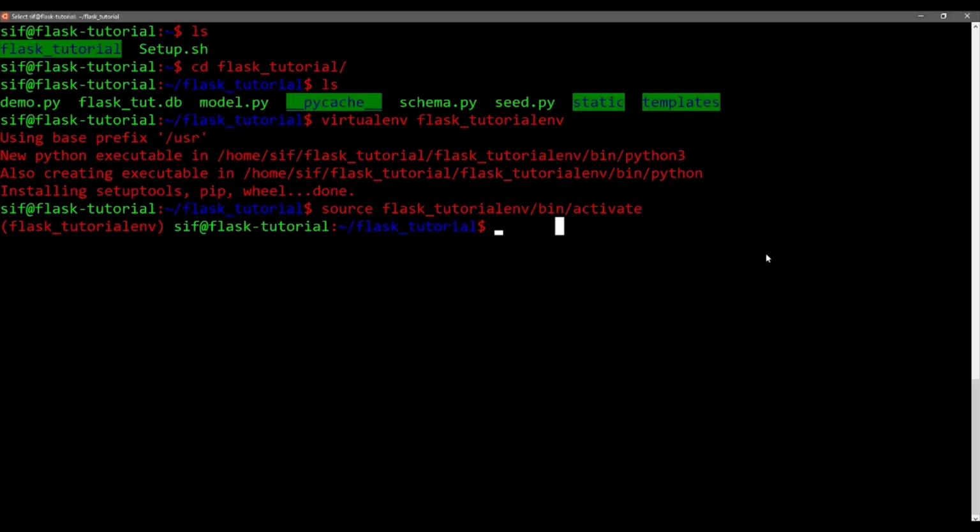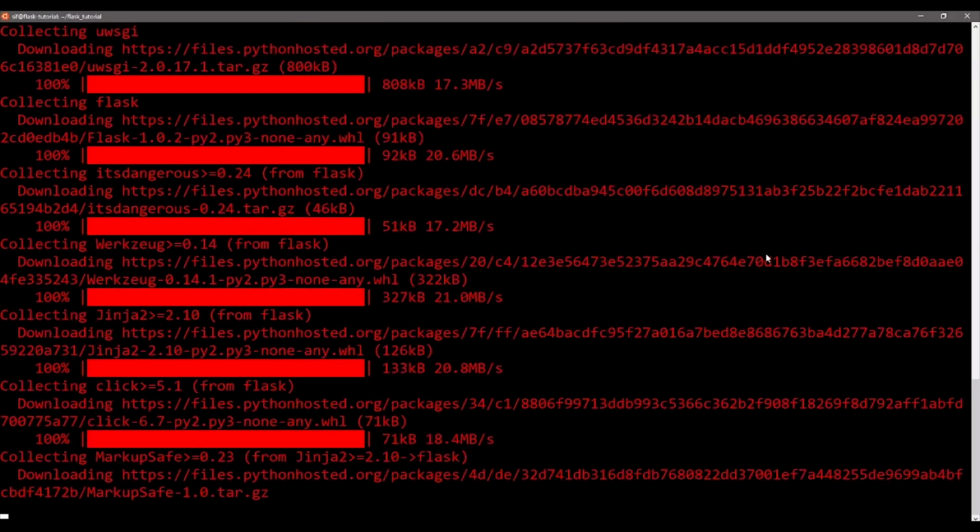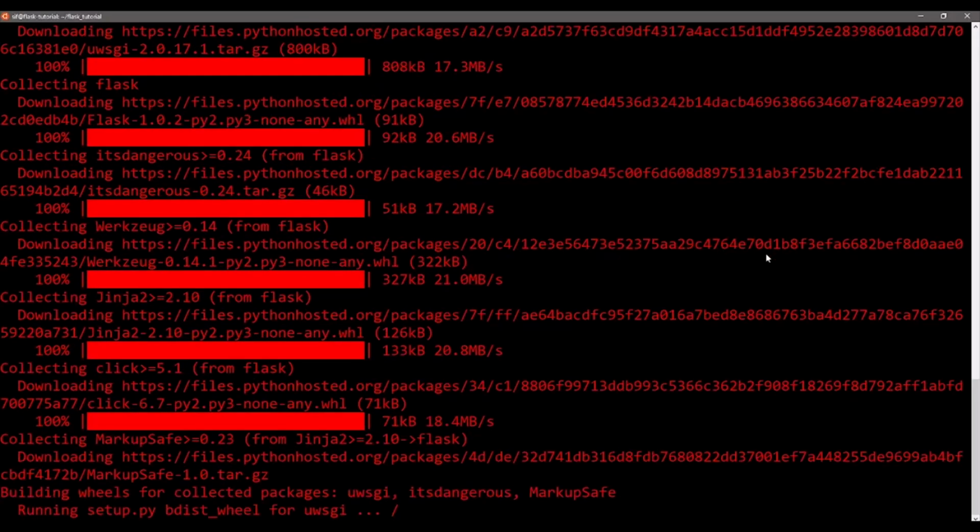So now we've been using pip3 the whole time, but in the virtual environment we're just going to use pip install whiskey and Flask. Let's give some time for it to run, and we should be able to get whiskey and Flask ready. So we are actually going to run the Flask app on whiskey. So give it a second. It should be